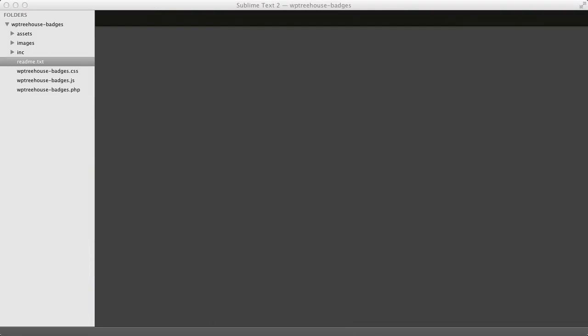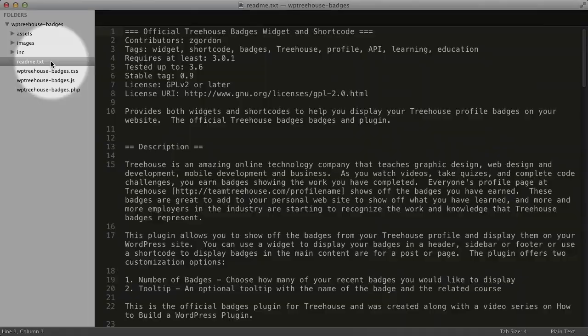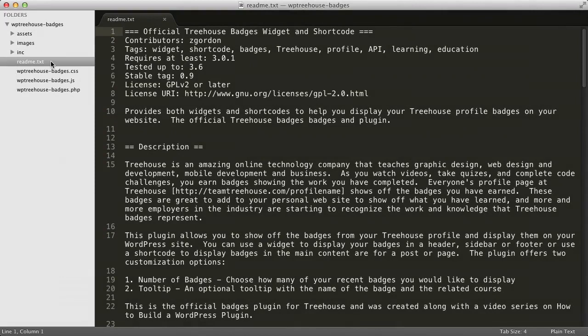The readme.txt file contains all of the basic plugin information that will display on the WordPress.org site. Let's go ahead and open up the readme.txt file that you'll find in the project downloads. We can see at the top that it has some similar information that we saw at the top of our